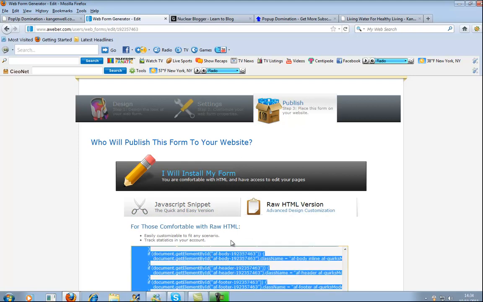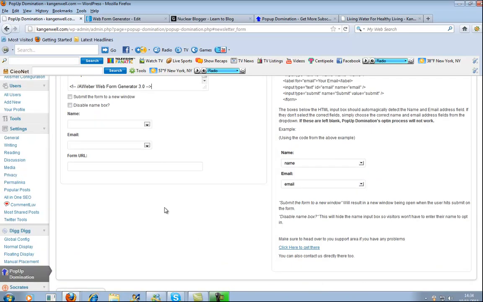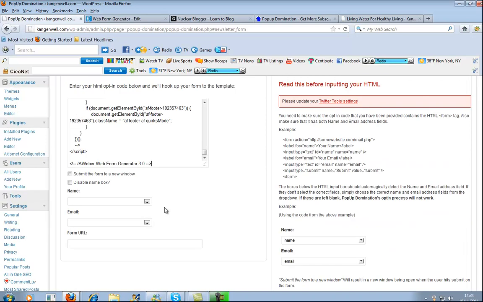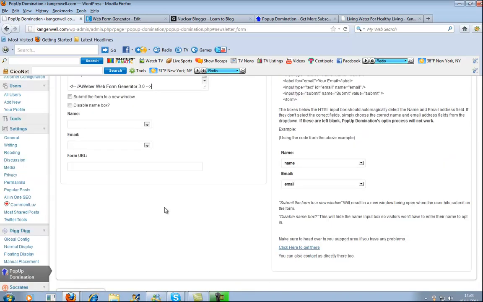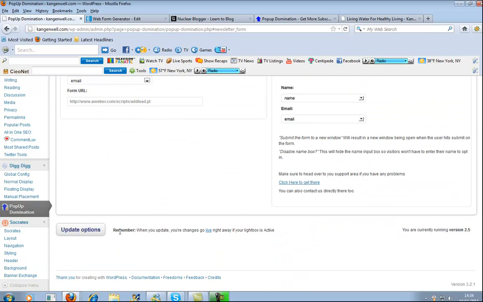I don't think it actually matters, but we're going to take that, so just copy and then go to here and then paste it in there. And then update those options,